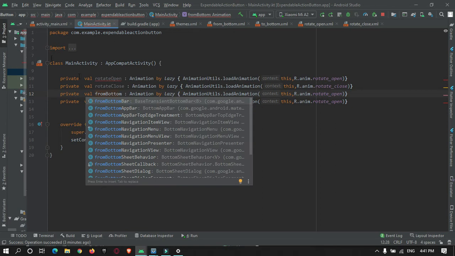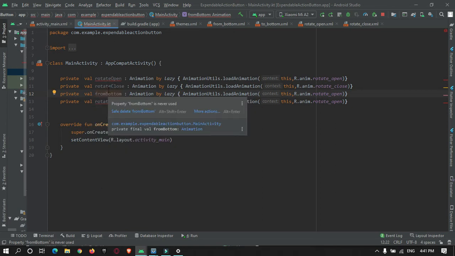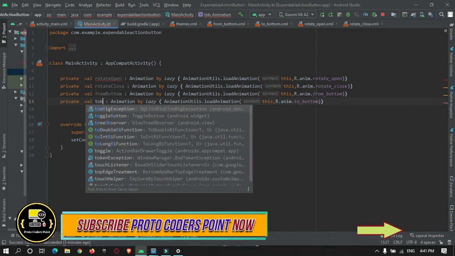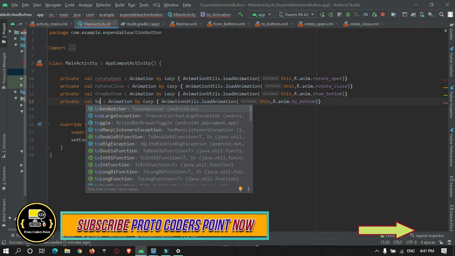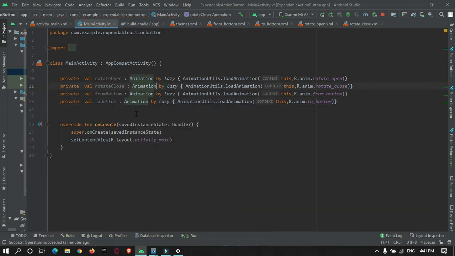This will give an animation when the button is pressed, it will move the animation from bottom to up. And here to bottom, make it to bottom. Okay, animation files have been created.